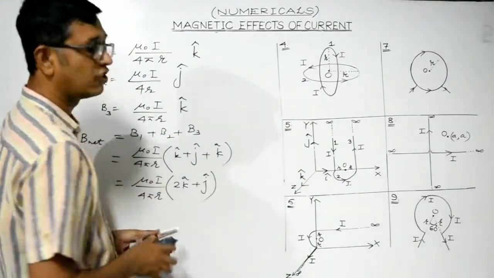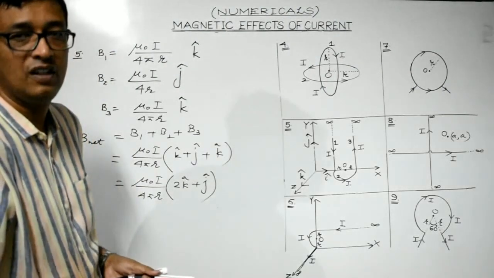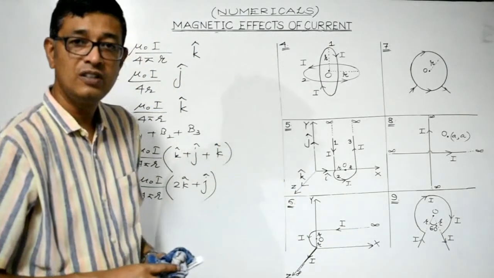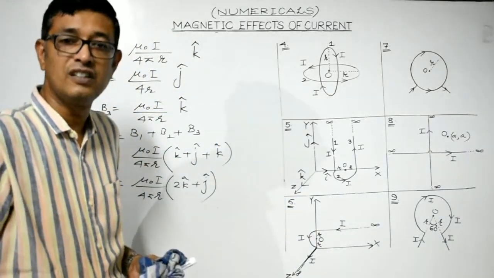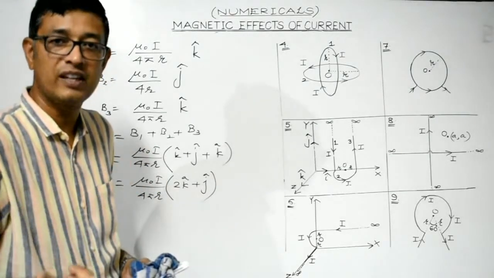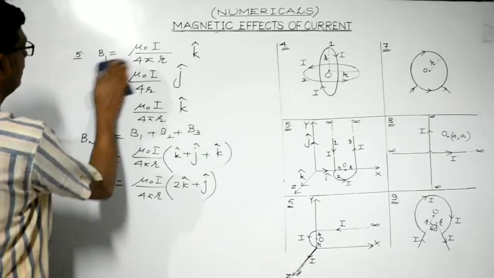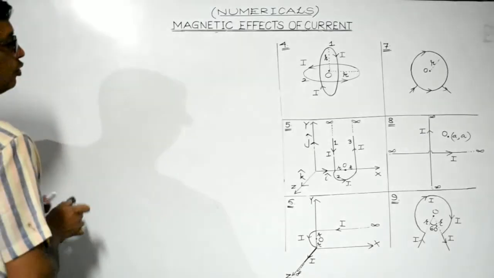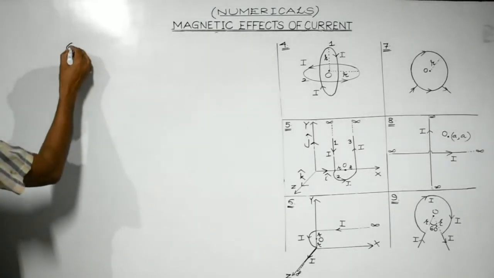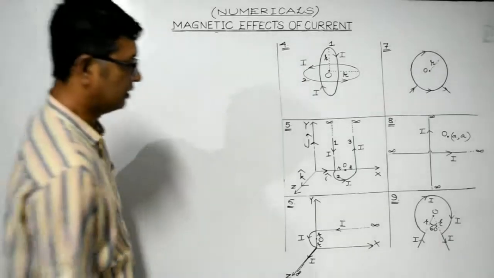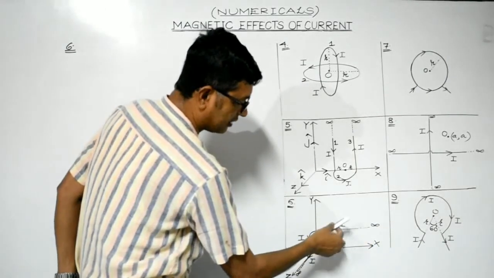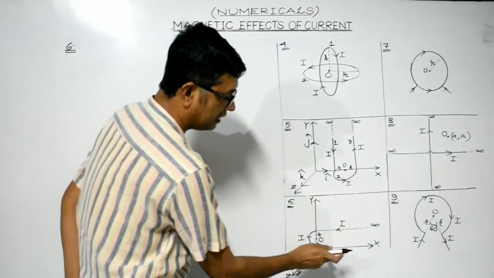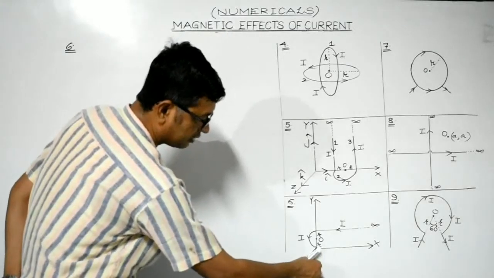In a similar manner, we can try the sixth question as well. In the sixth question also, we are supposed to determine the magnetic field at point O, and represent the result again in terms of i cap, j cap and k cap. Right? Let's proceed. Question number 6. Okay. This is a straight portion parallel to the x-axis. This is a semicircular portion lying in the yz plane,